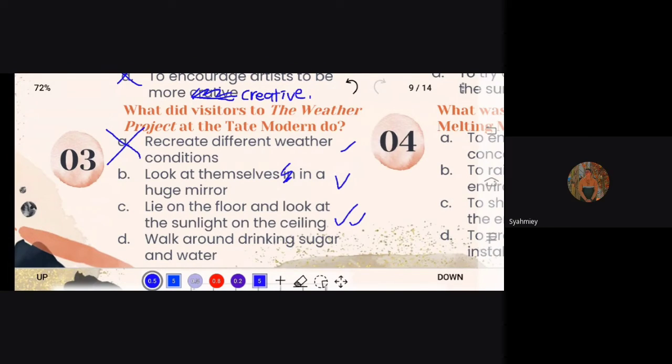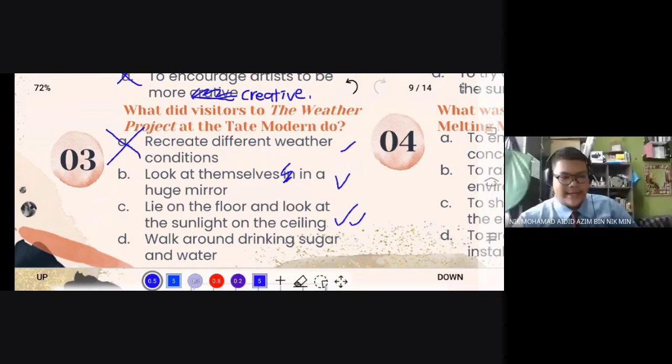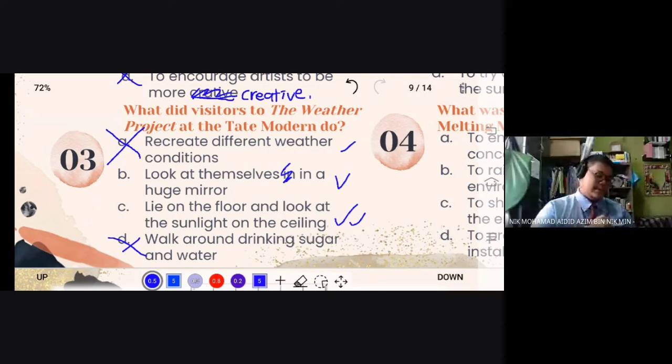No, right. So D is not the answer. Cross. When there is no answer, you just cross, right? Okay, so let's take a look at C, the most chosen answer. Lie on the floor and look at the sunlight on the ceiling. Okay, from paragraph 3, you can see what is actually on the ceiling.